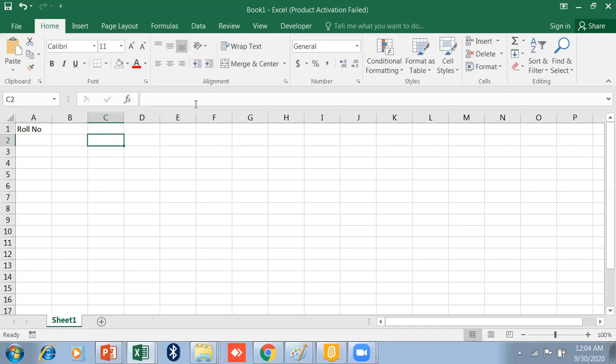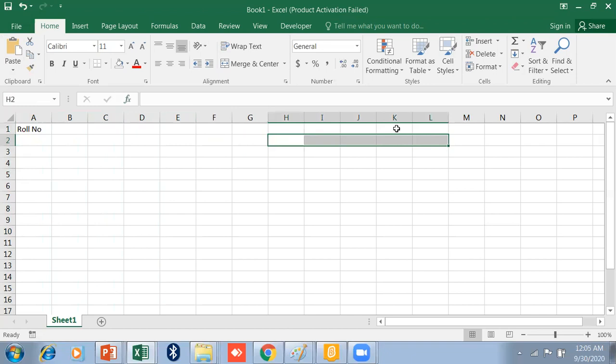Whatever you write in a cell, it will reflect your values or data here on the formula bar, or we can use this for formulas as well.